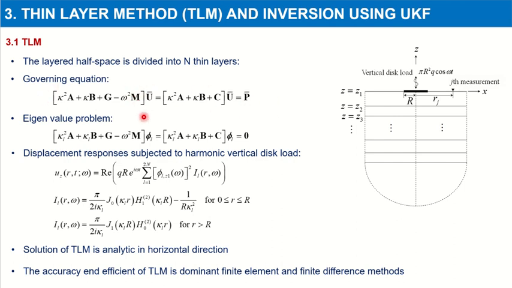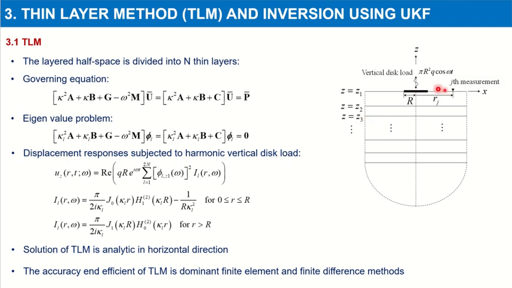In this equation, U and P are the complex displacement response and the complex harmonic excitation. This equation can be solved as an eigenvalue problem, and then we can obtain the displacement response subjected to the harmonic vertical load at the surface in the time domain. And the solution of the thin layer method is analytic in the horizontal direction because we do not